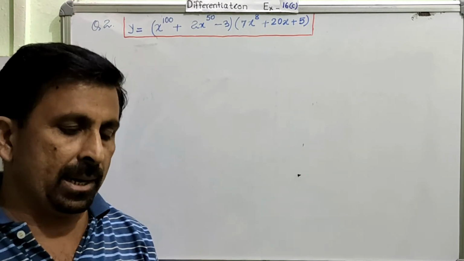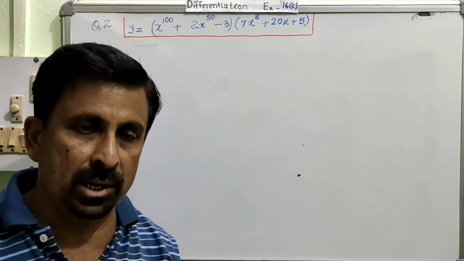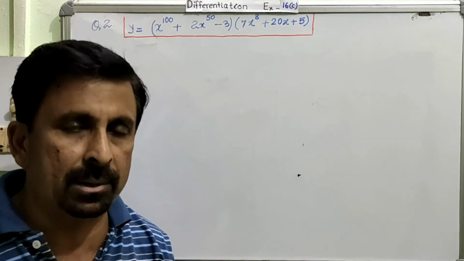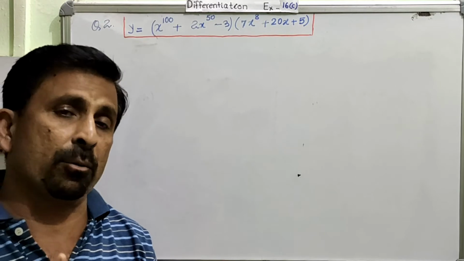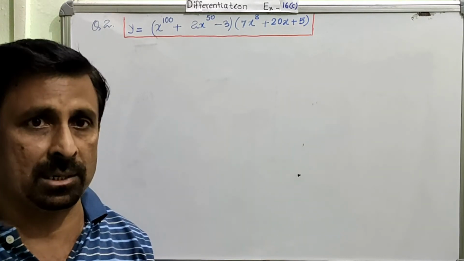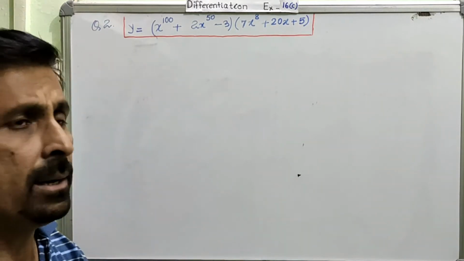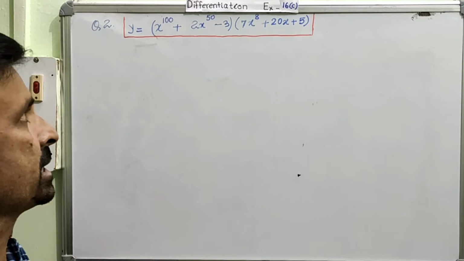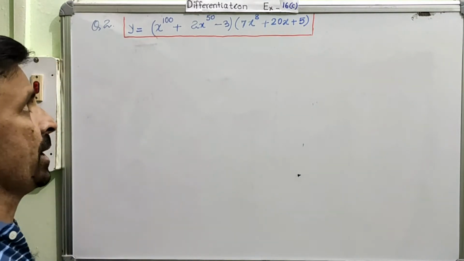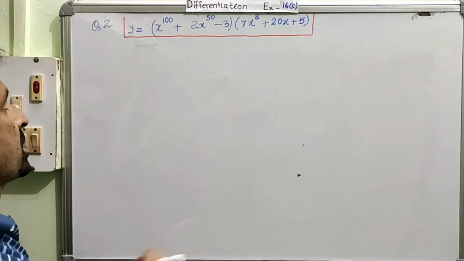You can apply it to the same question. You can do it by addition subtraction rule. You can do it by multiplication rule, I mean the product law. Or you can do it by quotient law, right? Even a quotient law question can be done by addition subtraction method. So this you will learn in the long run. Slowly you will know all these things. Okay. So let us apply. Just now we are in the product rule, so we will do the questions by product rule only. So let us start differentiating.